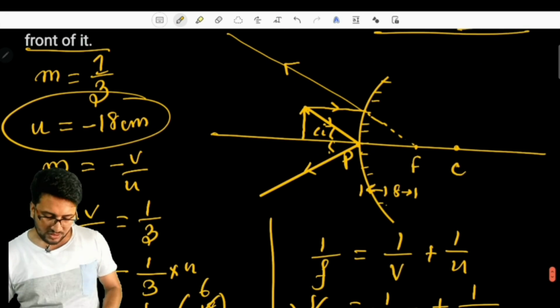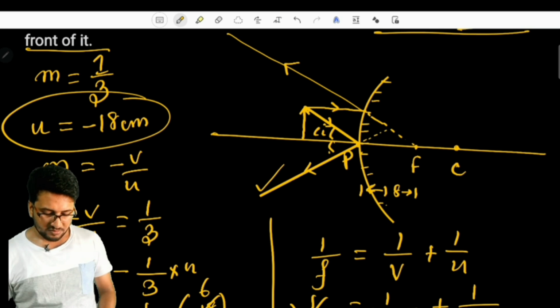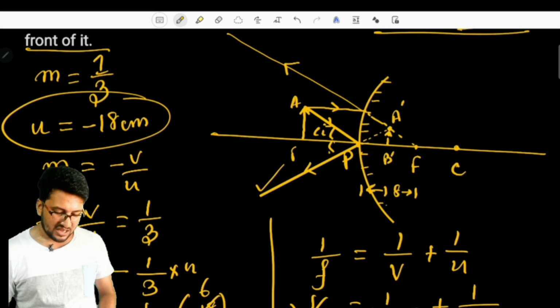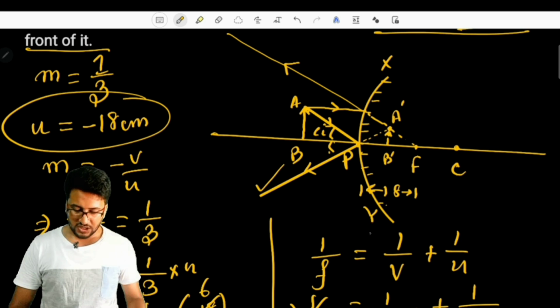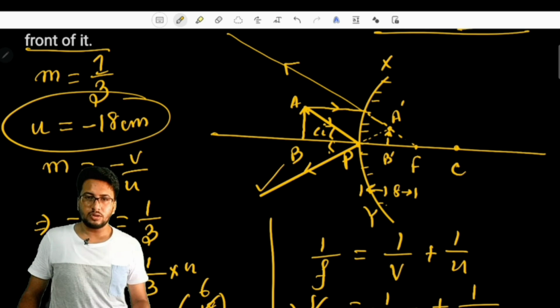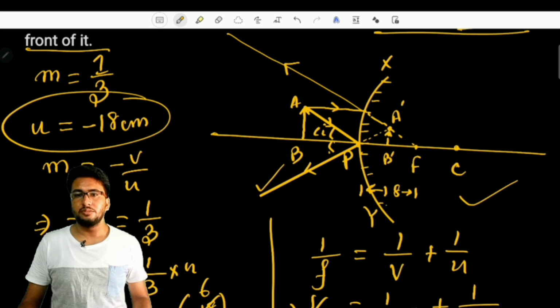and it starts coming here in this manner. So in such a case, what can we see? If we examine this light ray, it seems like it is coming from the back, and thus the image formed here is this tiny image. If this is A and B, then this will be A dash and B dash. Also, do not forget to mention the aperture of the mirror by x, y, or whatever you like. So this is our ray diagram.